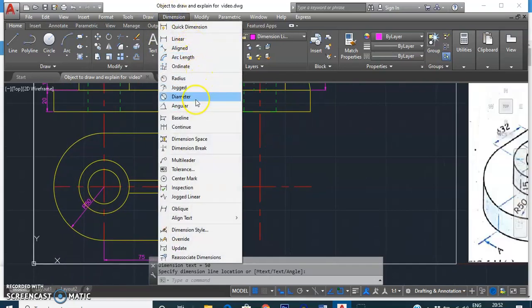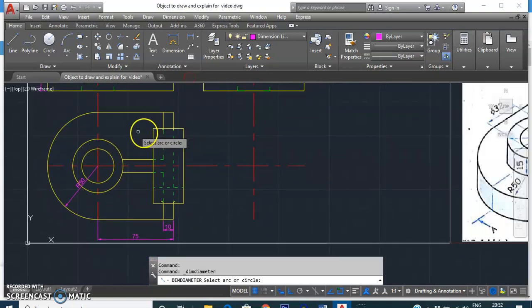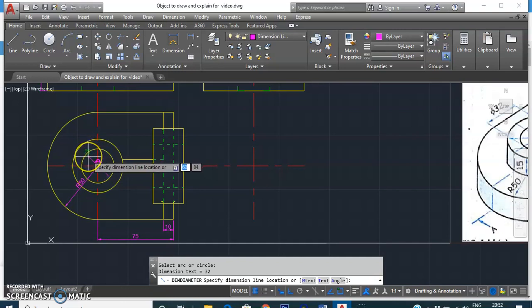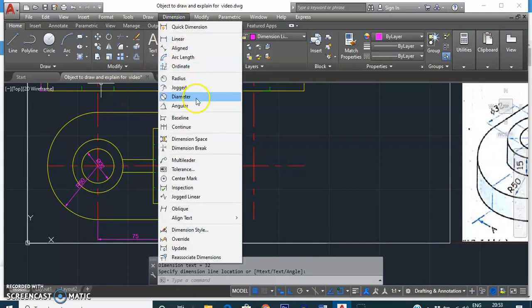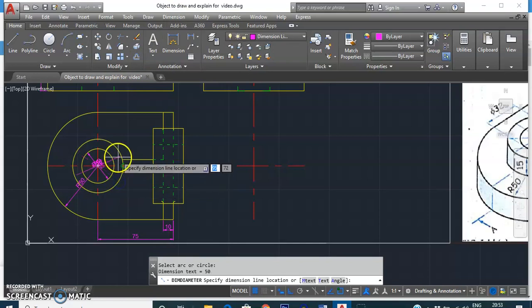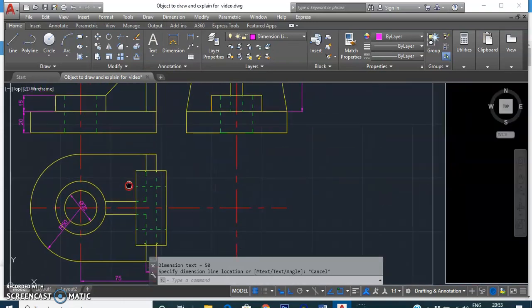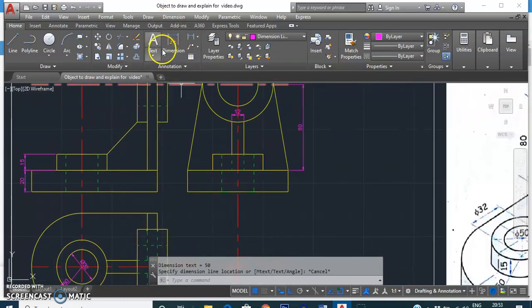Then next, your diameters are given. So next the diameter that you can give for this, like this. And one more you can give for this object. They are getting overlapped over here, so let's give it in some other view if possible. Okay, so let us give it over here.